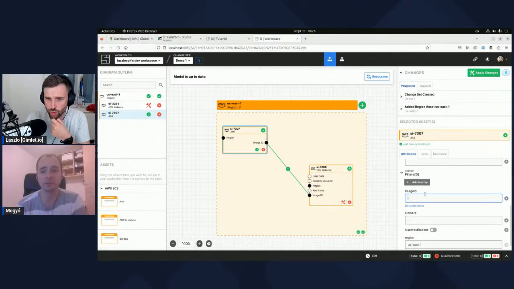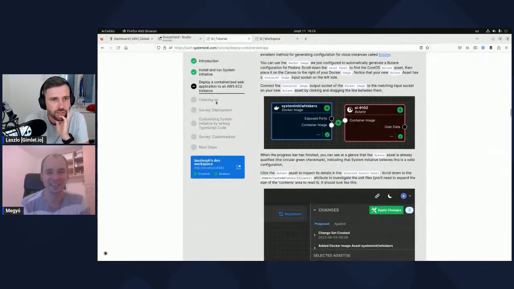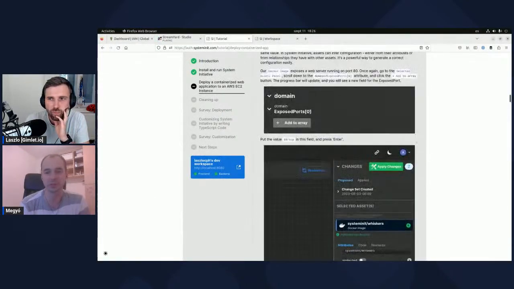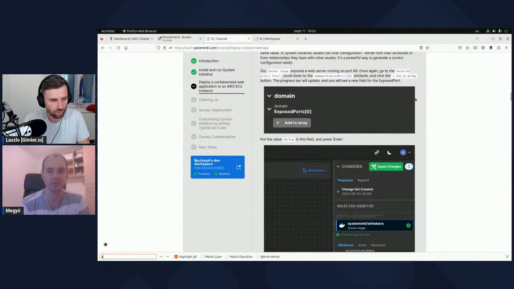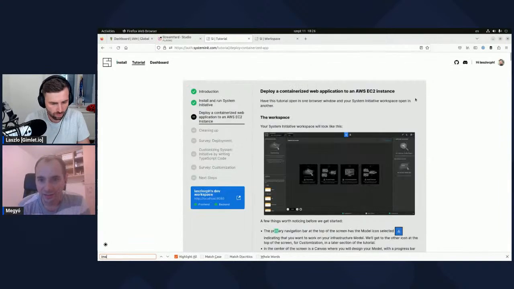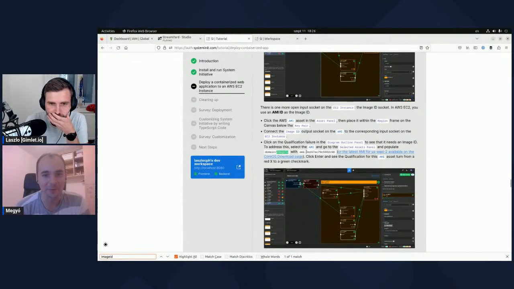But if you go back to the tutorial, I think if you search with Control F for image ID, you should find what to put there. It's maybe not the easiest.